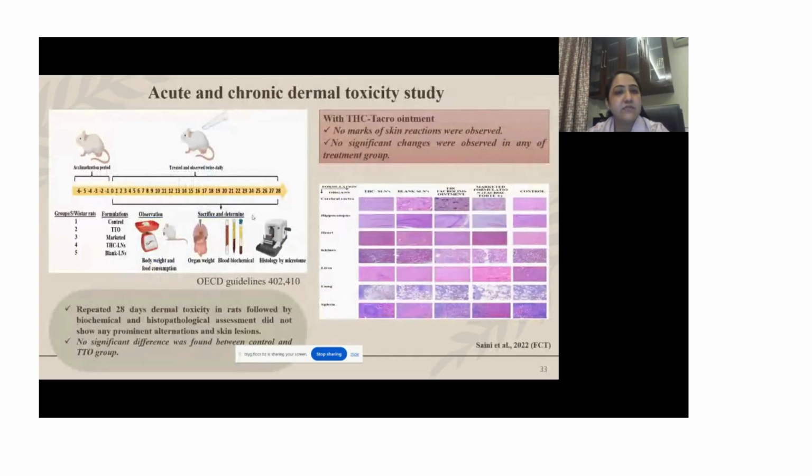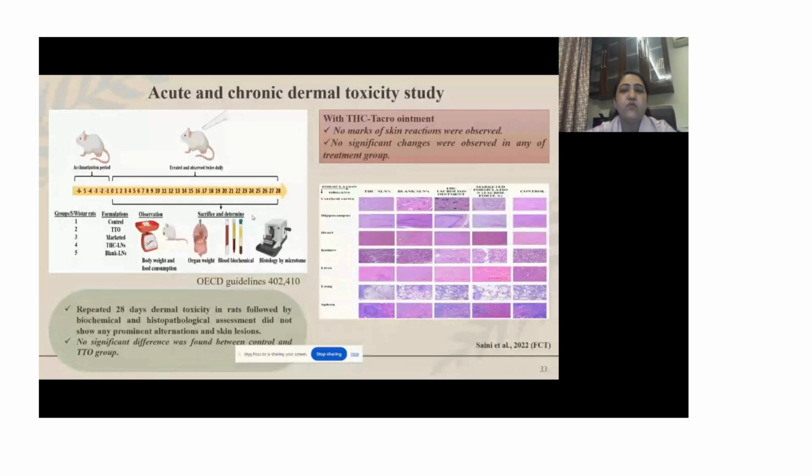And last is the in vivo study, that is acute and chronic dermal toxicity study, that I have performed in accordance to OECD guidelines, that is 402 and 410, acute and chronic. So I have taken rat for this study. I have performed this study up to 28 days. After that, I conducted biochemical and histopathological assessment, which shows no irritation in skin and no irritation in the